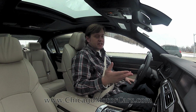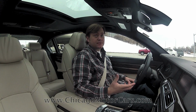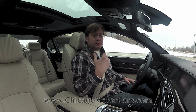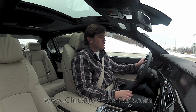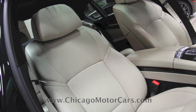Obviously, it's well equipped with stuff like navigation. It's got backup camera, a premium Logic 7 sound system that's awesome in here. Dual zone climate control up front. You've also got 4-zone if you add the dual zones in the back. But the long wheelbase, LI, stands for the long wheelbase model, so this does have the extended length wheelbase, as well as the luxury seating package, which gives you these unbelievable